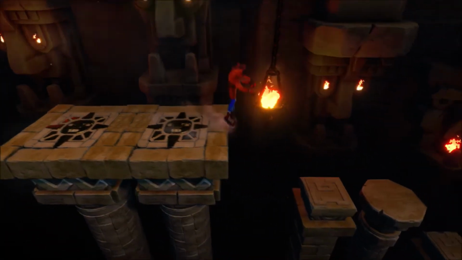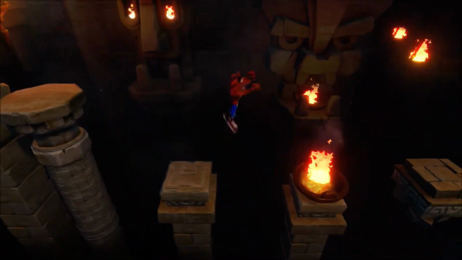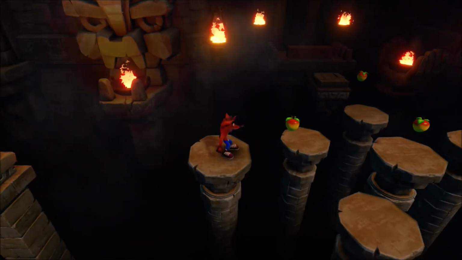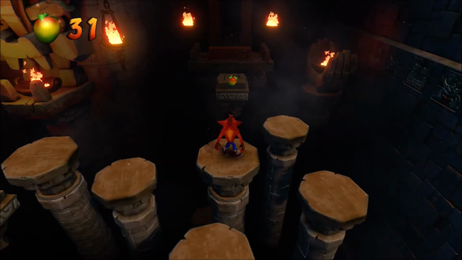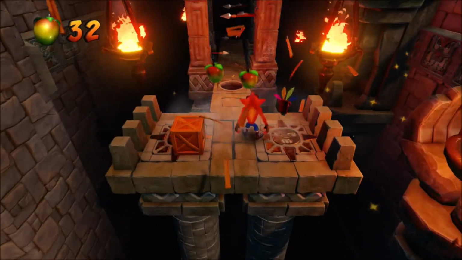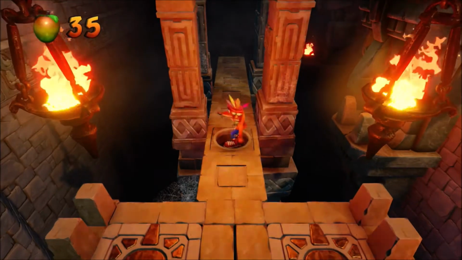So yeah, and you can see that I went from Coco to Crash in this level. That's because apparently I did not get all the boxes as Coco, and at the time I just wanted to switch over to Crash for this one. So yeah, that's why I did that. On my initial run, I did not get all the boxes, or the key for that matter, which I want to get, to at least try to do